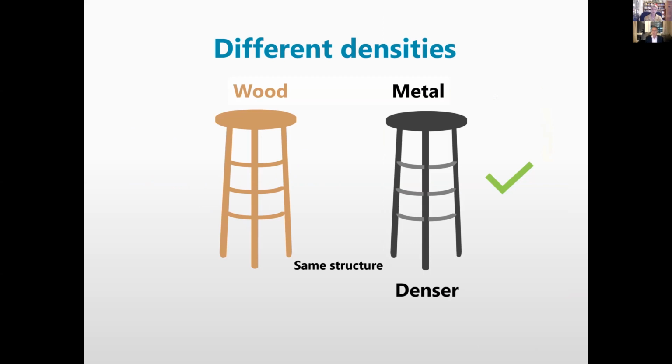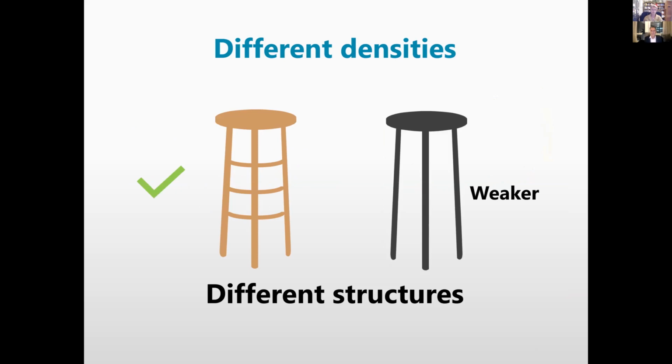They have about the same structure, but just different material. And at the end, the metal one will be denser. If it's denser with the same structure, that one will obviously be more solid because it's very similar except for the density. Okay? Now, if we have something slightly different, with different densities, still the wood and the metal, but you remove the structure in between the stool here, you will see that the one in metal will in fact be weaker than the one in wood, because the wood maintains the strength of the stool